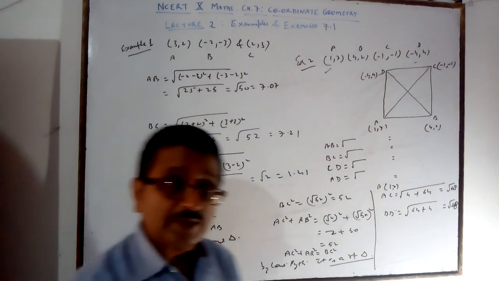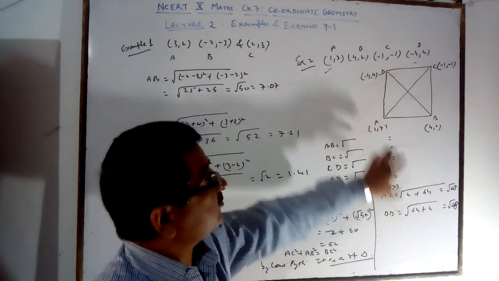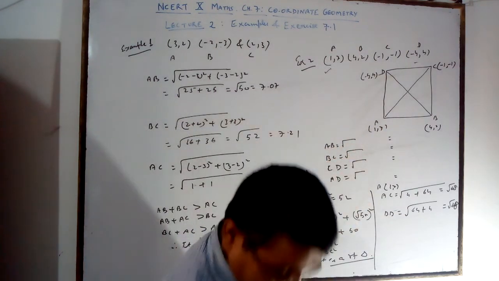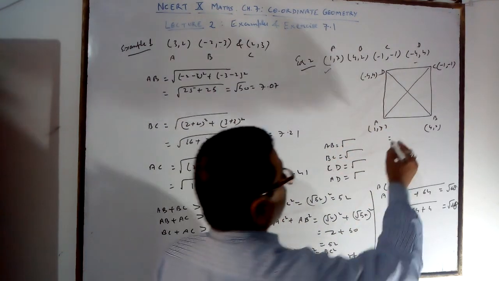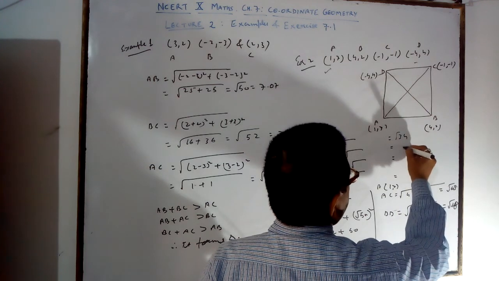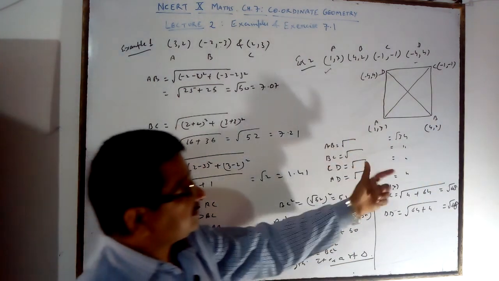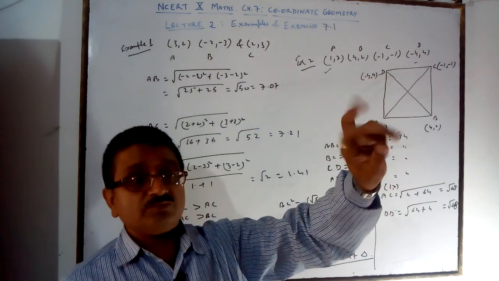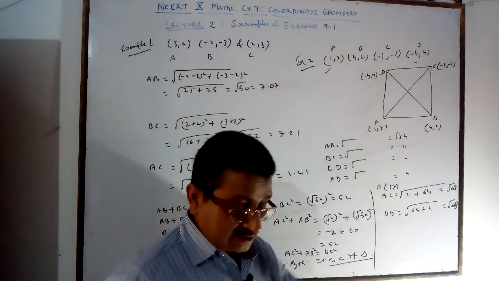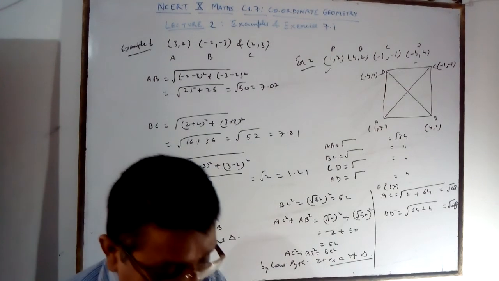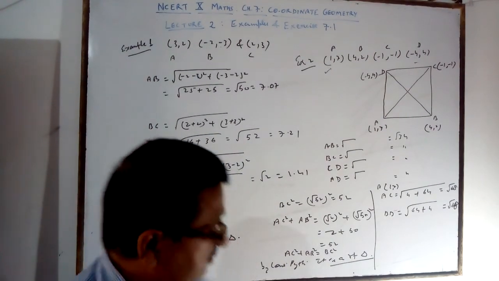You will apply the properties: the diagonals are equal and all the sides are also equal. What are you getting? Under root 34. You will get under root 34 in all. So all sides are under root 34, and there are two possibilities, rhombus or square, so the diagonals are also very important. Next question, example 3 is given.